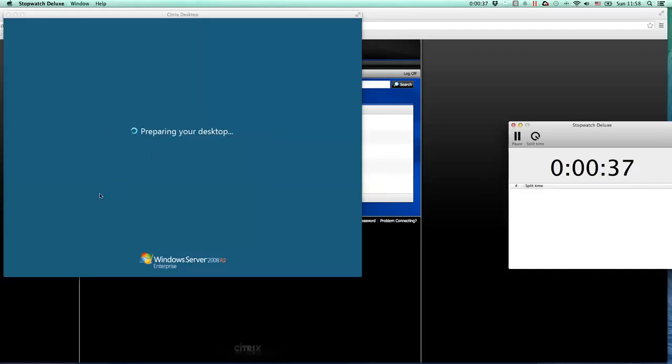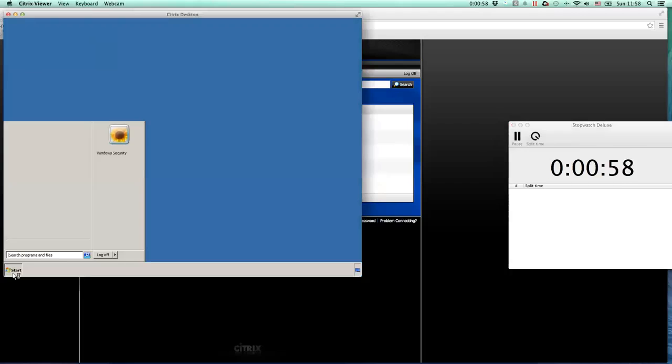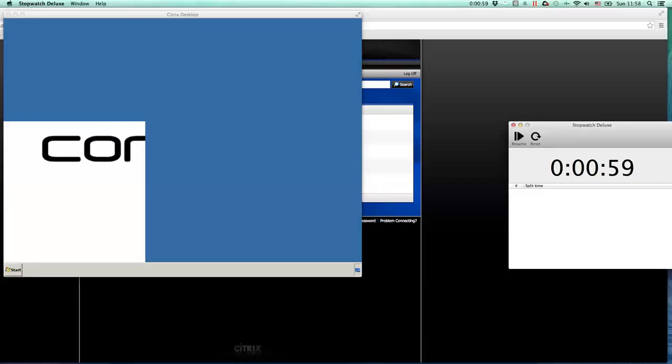So we're now waiting for the desktop to become available, and then I'll stop the stopwatch so we can see how long it took from the end user perspective to complete this logon. Now you can see this is a new profile, so active setup is also running in the user session, which is part of the desktop initialization phase. Once the start button is available, like here, I can stop my measurement. So we can see from the end user perspective, it took 59 seconds, quite a long time for the desktop